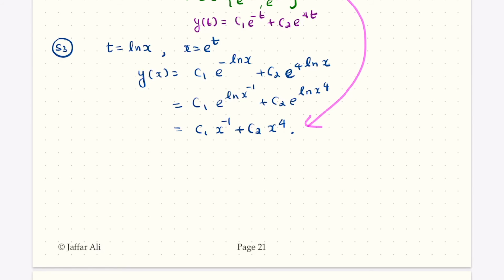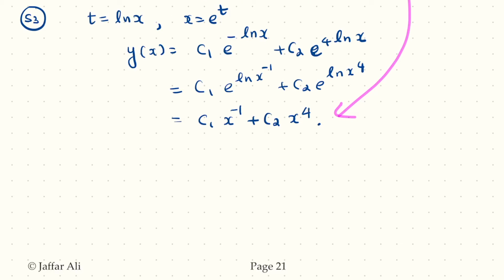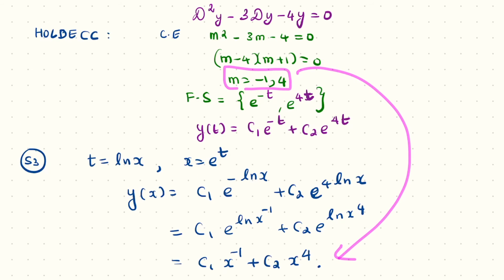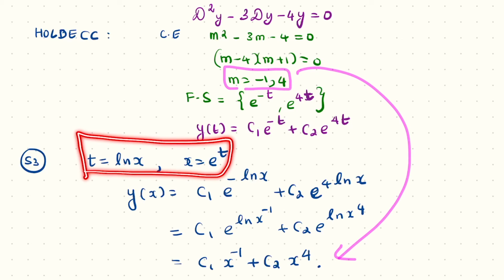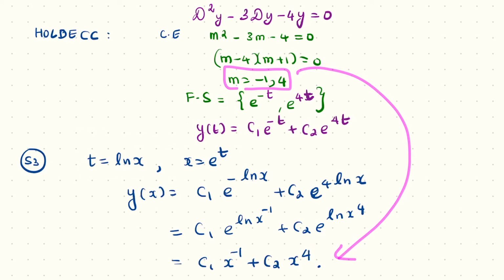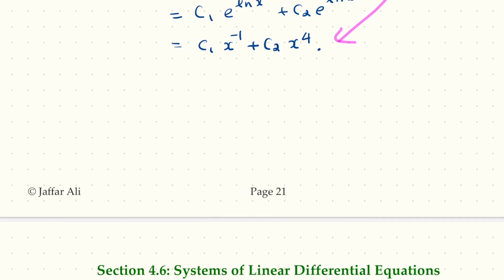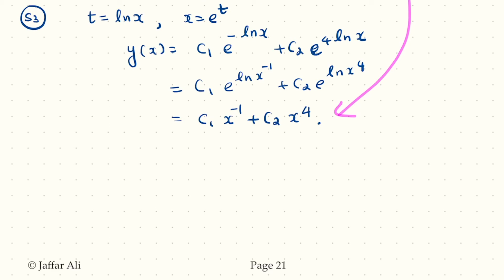And also I want to say a few other things here. What if the roots are repeating? What if you have complex roots and so on? It doesn't matter. You're going to use the same way you did earlier. The only thing is that you're going to use t is equal to ln of x and then x is equal to e to the t. But it gets complicated, it's not really complicated, but for some of you it might be a little intense in terms of algebra there. So if you don't want to go through the algebra, although you should,